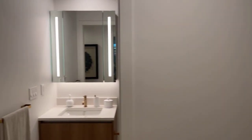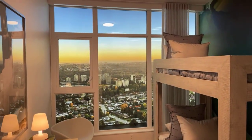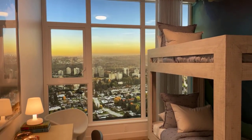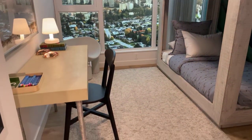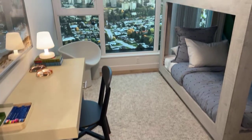Okay, and we're gonna do a quick peek here in the second bedroom. Okay. Everyone needs a workspace nowadays, even the little ones. Of course, you've got your